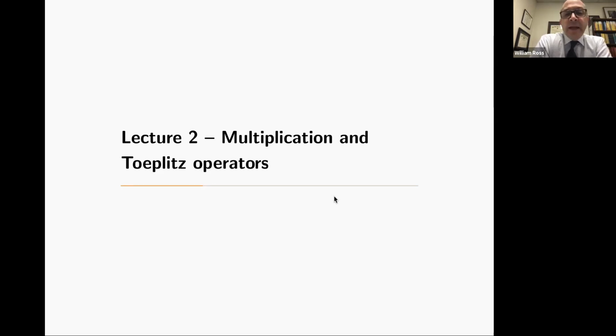All right, so today's lecture is going to be, like I said, I've made some choices, perhaps the incorrect ones, of which operators I'm going to cover. Yesterday was Volterra and Cesaro. Here are going to be multiplication and Toeplitz operators. When I cover